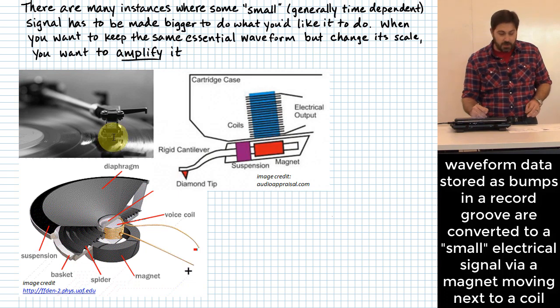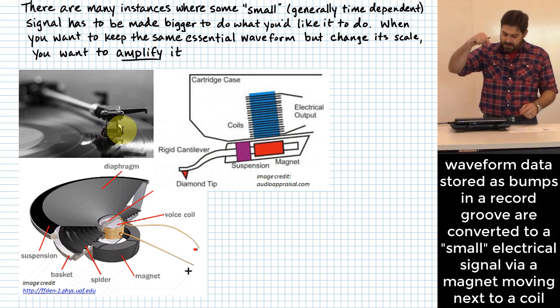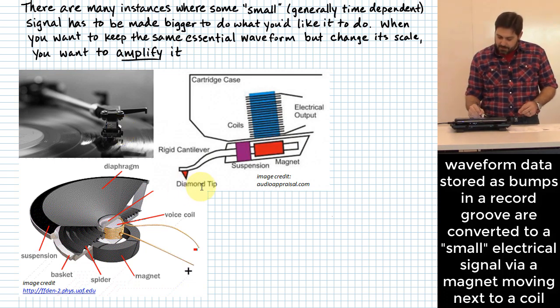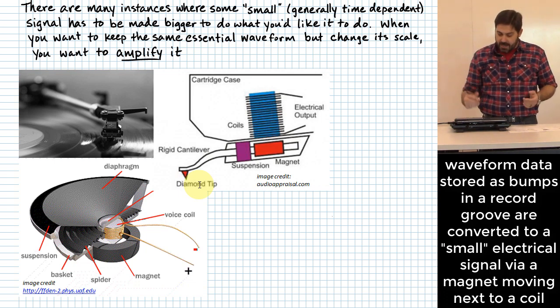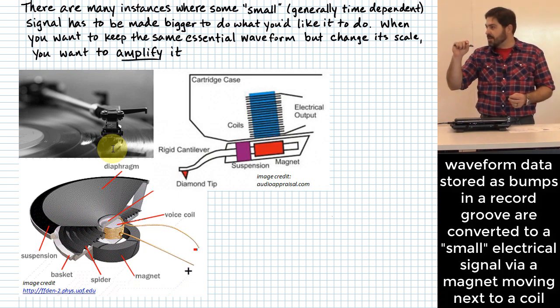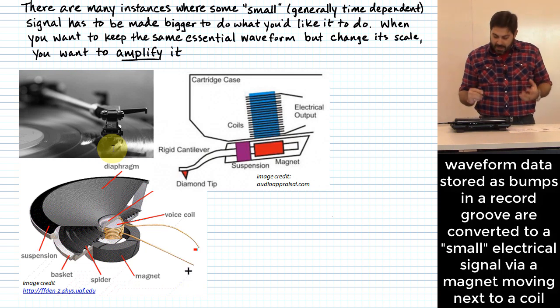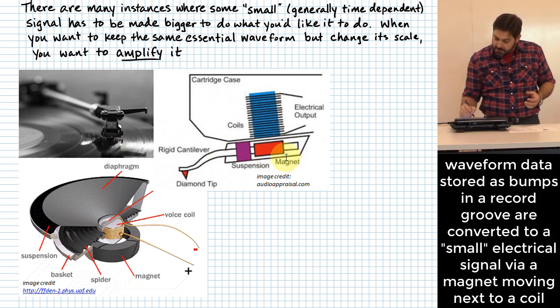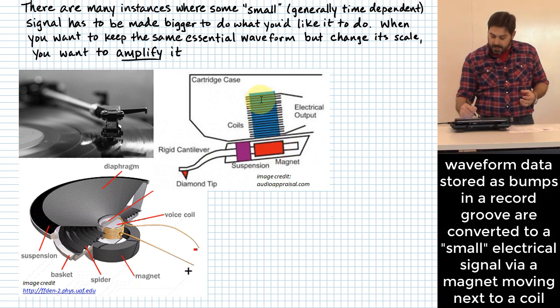You've got this thing that's called a cartridge. That cartridge has something that's called a stylus. It calls it a diamond tip right here, but it's a little thing that sits down in the groove, and as that stylus runs across that bumpy groove, it shakes that little stylus a little bit, and by doing that, it essentially causes there to be a magnet that moves relative to a little magnetic